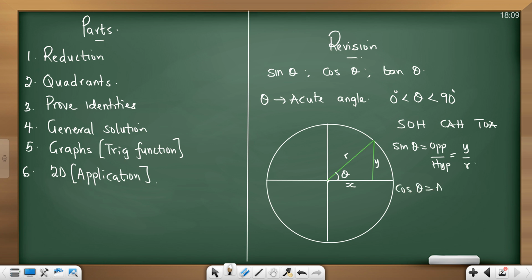Cos theta is the adjacent side over the hypotenuse, x over r. And tan theta is opposite over adjacent, y over x. We did this in grade 10. Like I said, I'm still going to come back to it,